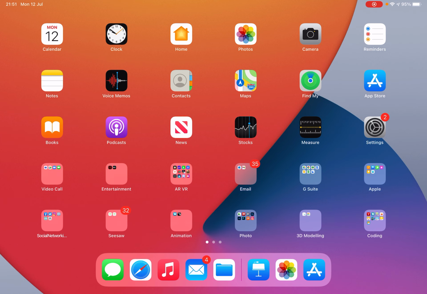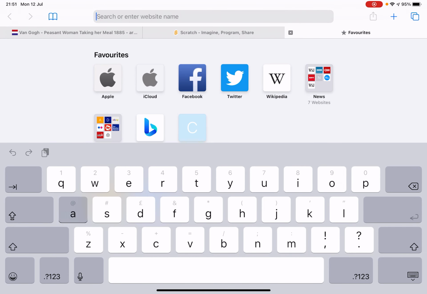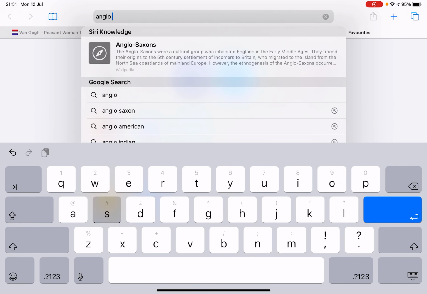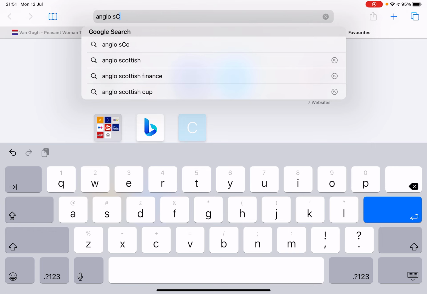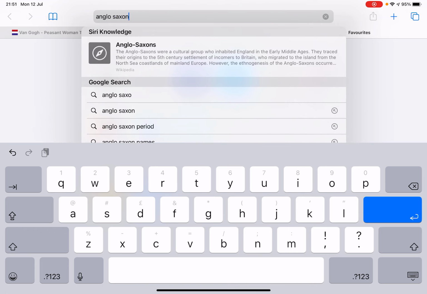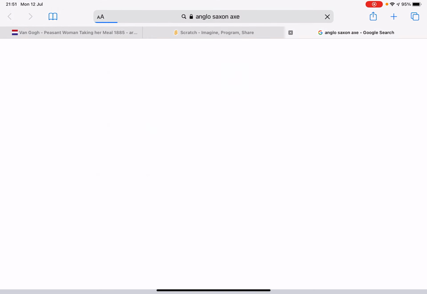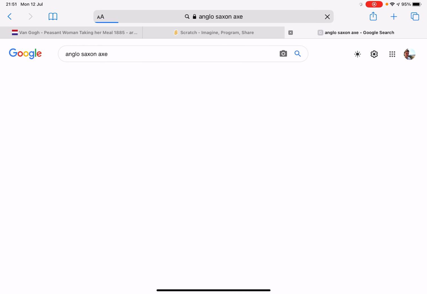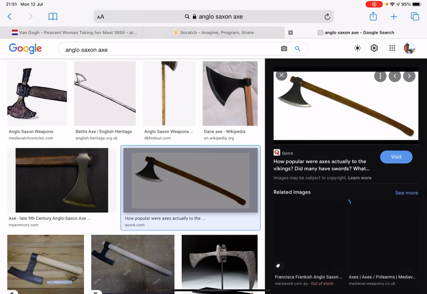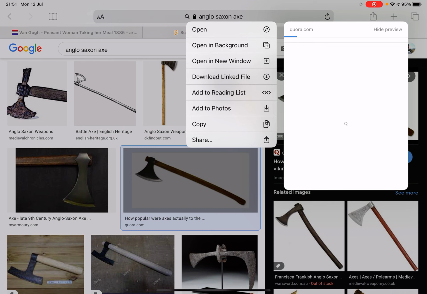Today we're going to look at how we can take an image off the web and use that in one of our Scratch projects, and get rid of that white background around it, like a box around it. So what I mean is, let's go onto Safari and search for an Anglo-Saxon axe. Let's go into images and click on this one here, hold down the button, and click on add